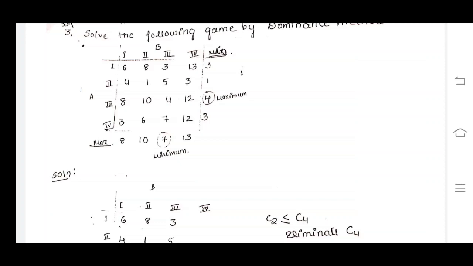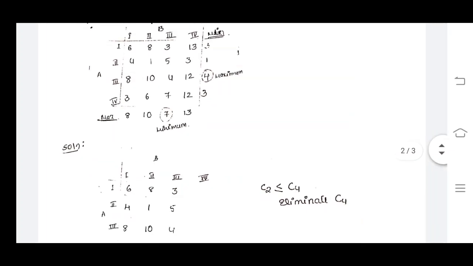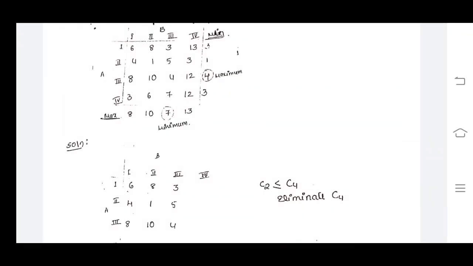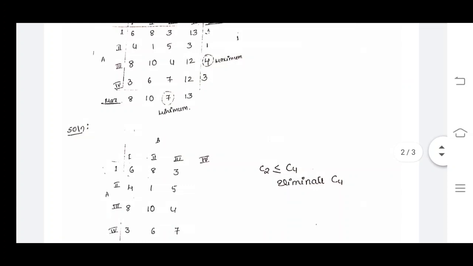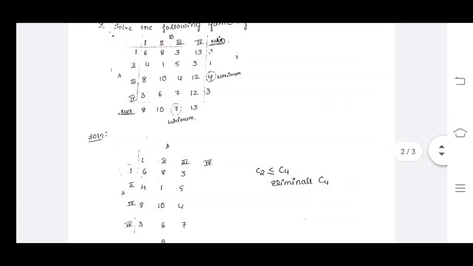Now the new payoff matrix is like this. In this new payoff matrix, the 4 strategies in the rows for player A are written as they are, but for player B the 4th column is deleted according to the dominance rule for columns, and we have written the remaining first, second and third column values as they are.